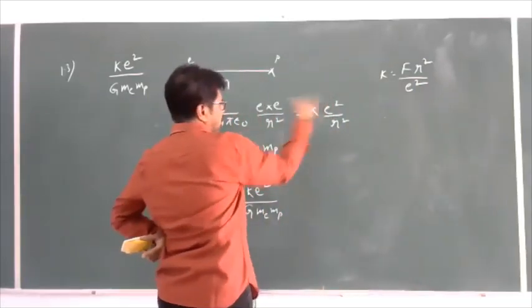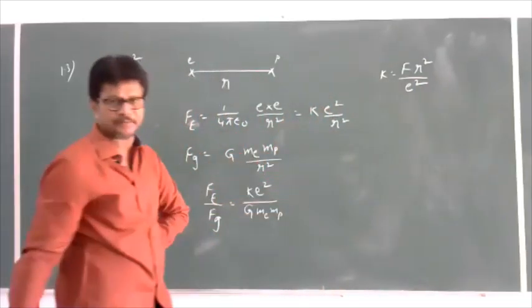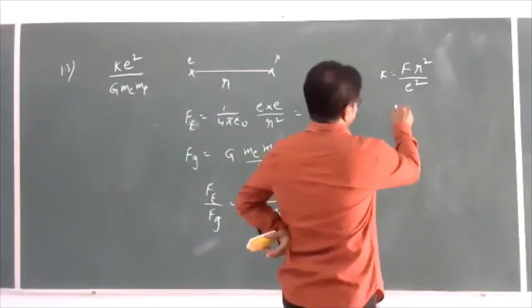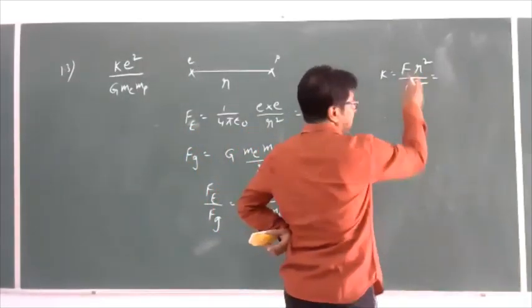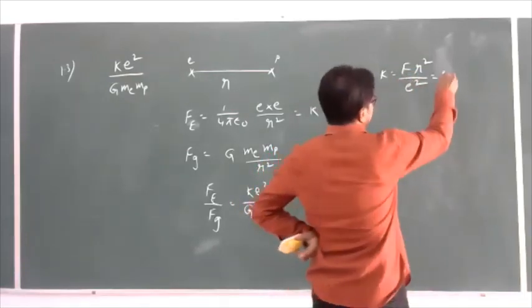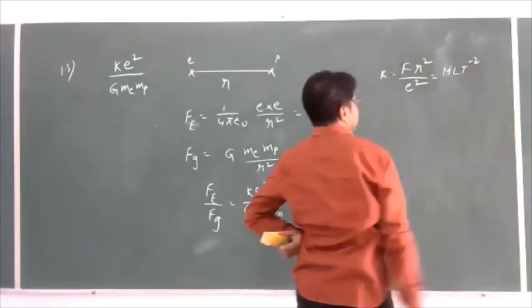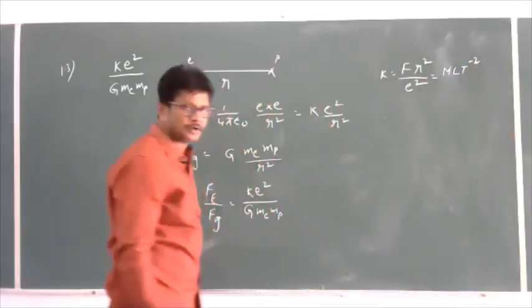F r square by e square is the K. Already I discussed its dimensional formula also, where F indicates the force. The dimensional formula of the force is MLT to the power of minus 2,